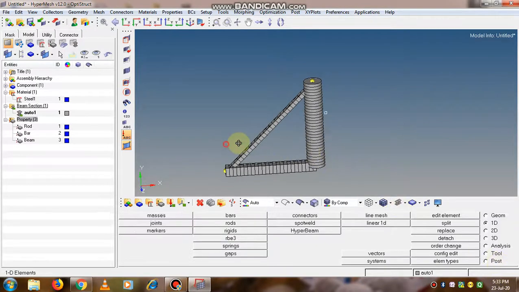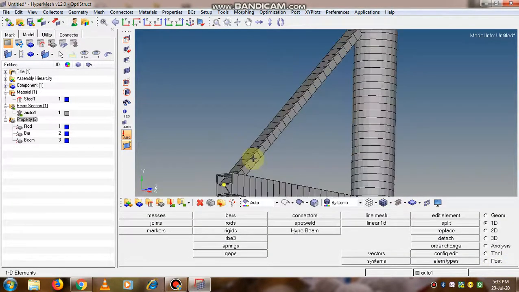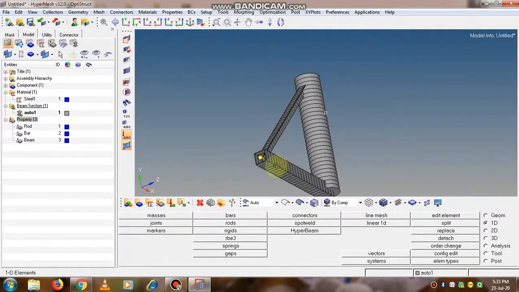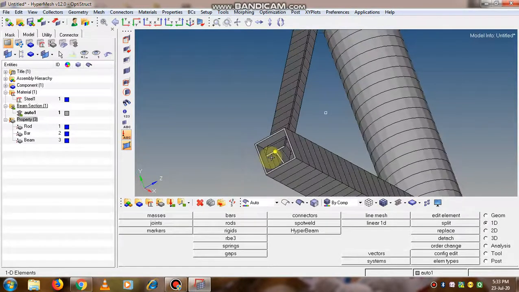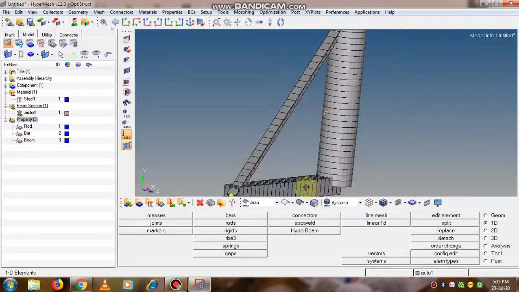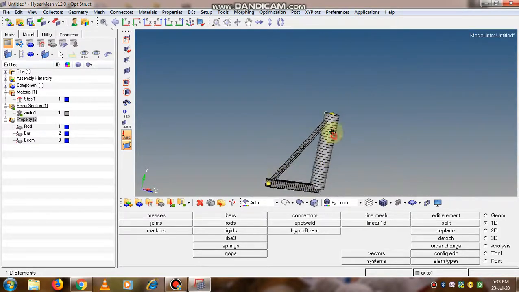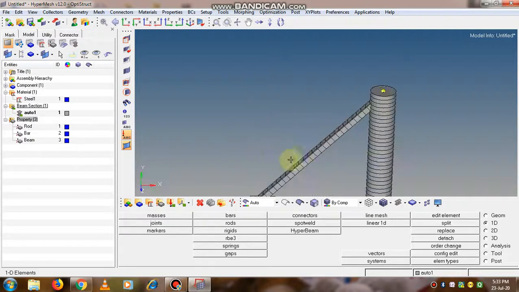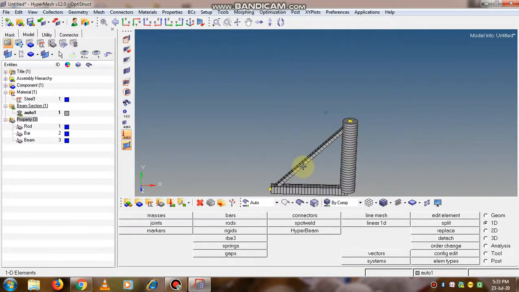Now see the beam section here, it is created and it is having the T cross section. So thus this is 1D meshing. Basically 1D elements are used for applications where there are long shafts, beams, pin joints and some connection elements. So when one dimension is very large compared to the other two dimensions, then we use 1D meshing.